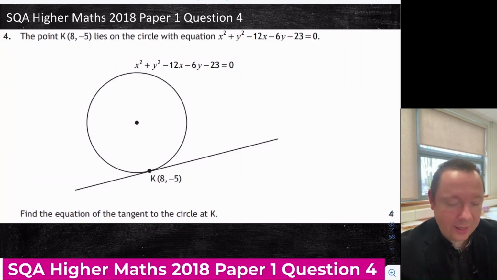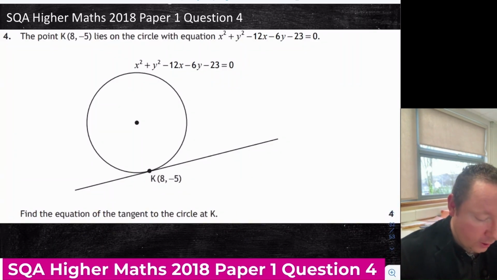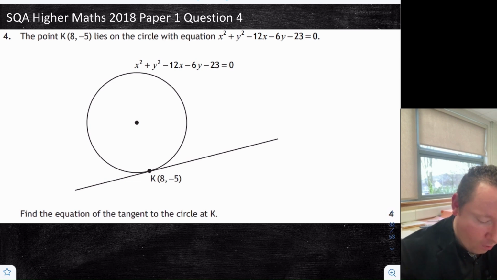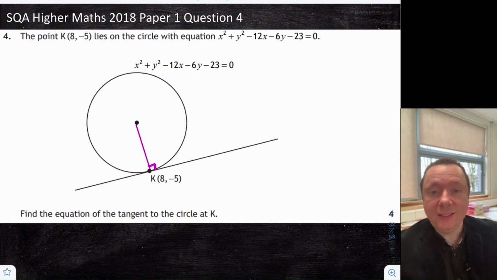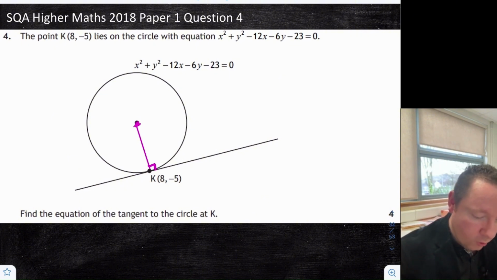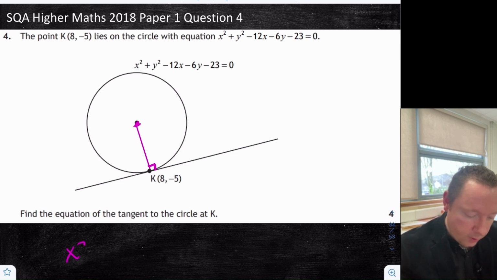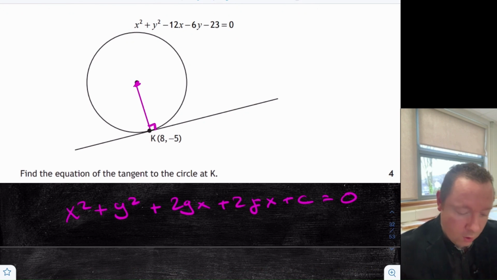SQA Higher Maths 2018 Paper 1 Question 4. The point K lies on the circle with this equation. Find the equation of the tangent to the circle at K. Tangent meets a radius at right angles. So we need to find the centre of our circle. So we've got it in expanded form. So from the start of the exam paper, we are told that x squared plus y squared plus 2gx plus 2fy plus c equals 0 is the equation of a circle where the centre